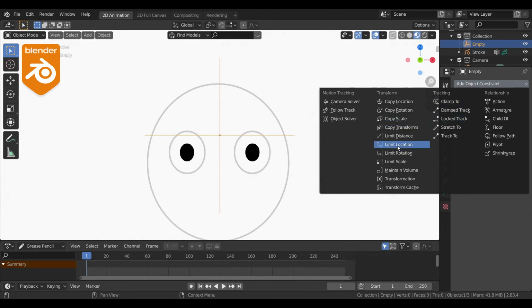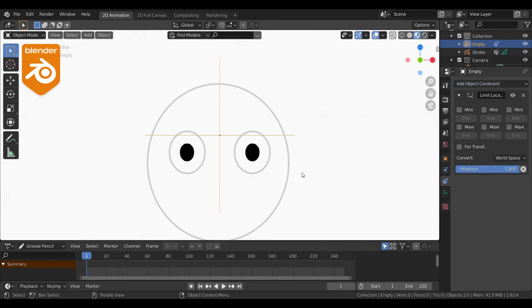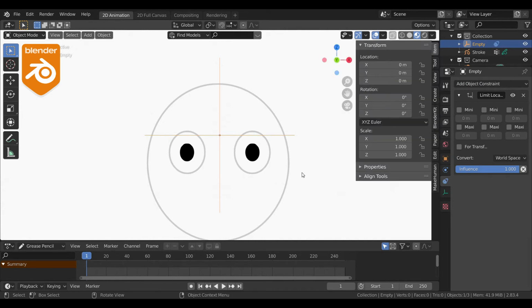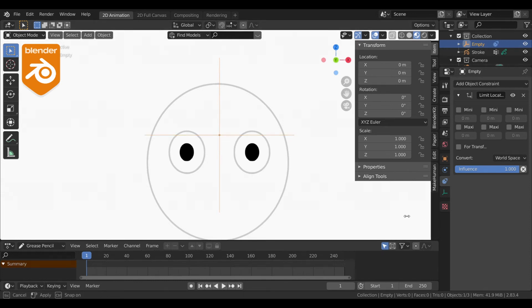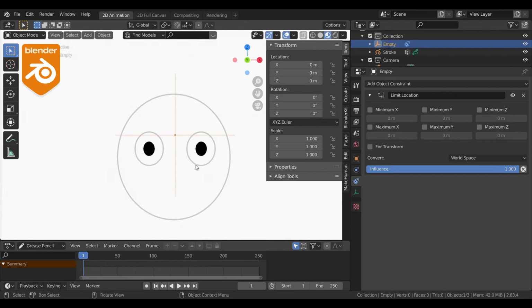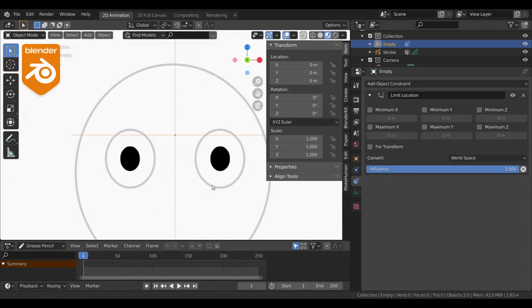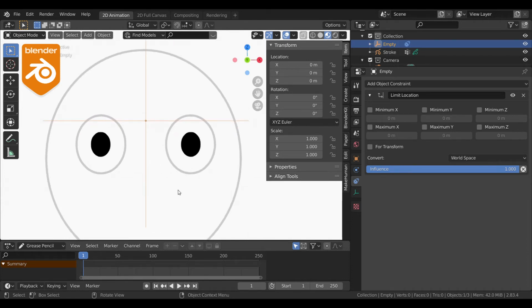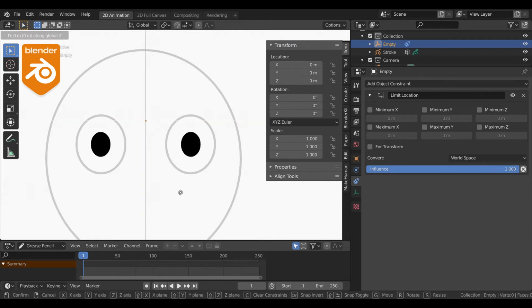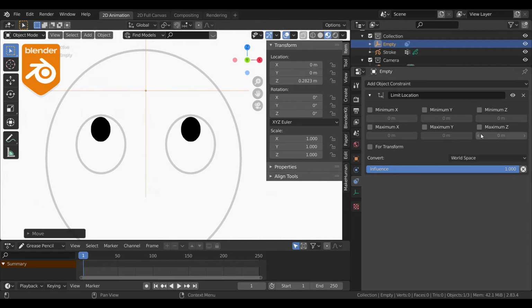So now I will limit the location, because if we move the empty, the eye objects will start moving, but I wanted to control it to move only within the eyeball. So I am applying a limit location object constraint to the empty. We will give minimum and maximum z-axis movement, and minimum and maximum x-axis movement in the object constraint.